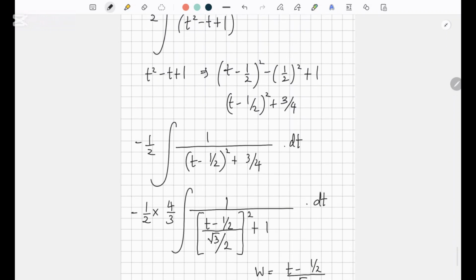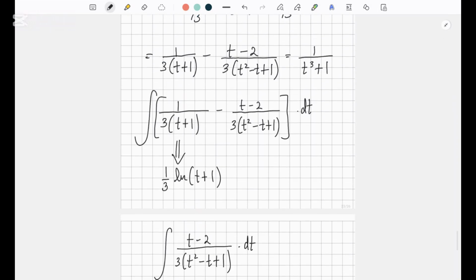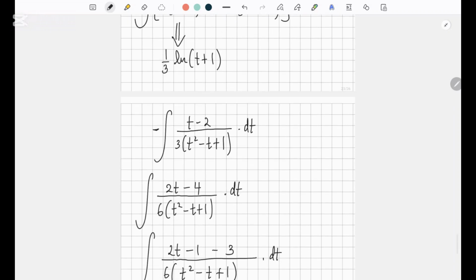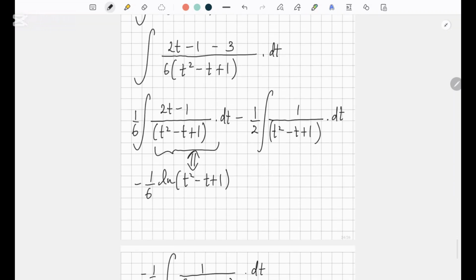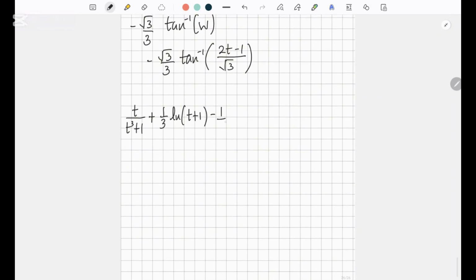Okay, and then we had, now there was a minus in front over here. If you look carefully, this minus, so this answer would be minus negative 1 over 6, so negative 1 over 6 ln t squared minus t plus 1,